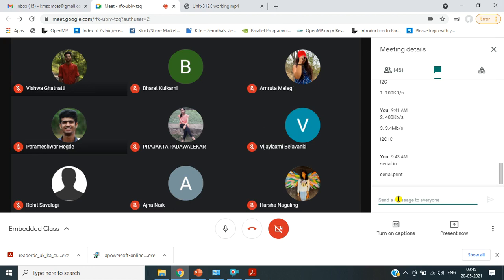So there you used to write this kind of code, and in the brackets after Serial.begin you used to say 9600. What is 9600? It is nothing but a baud rate. What do you mean by baud rate? It is again the speed of the data that is getting transferred through the communication channel. It is nothing but 9600 bits per second. That's what we call a baud rate. Here also 400 kbps and 3.4 Mbps are once again baud rates.